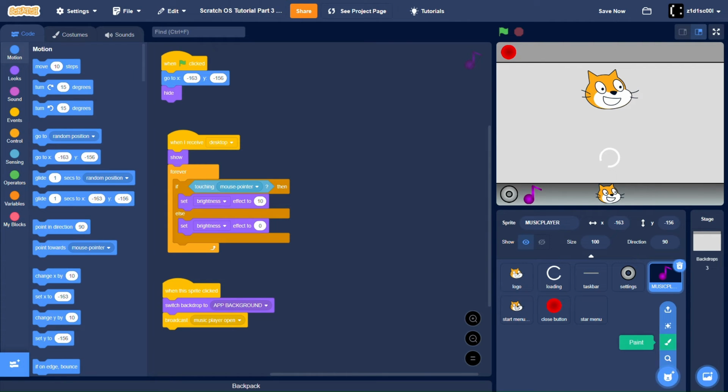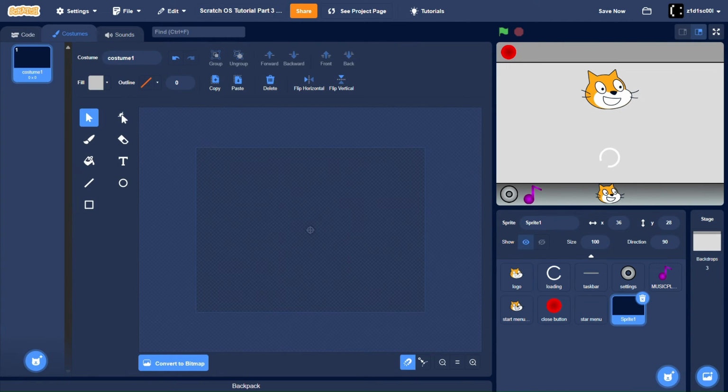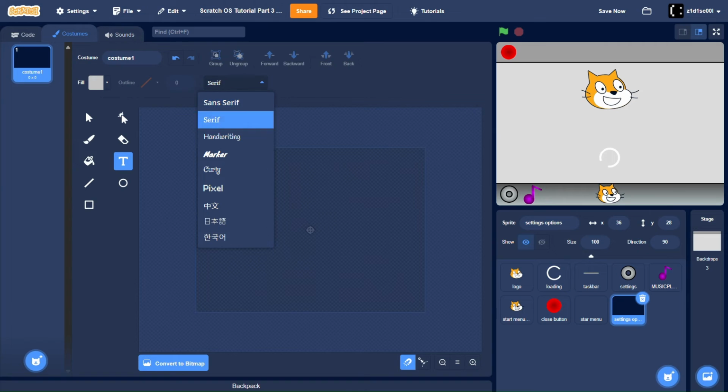Now we make a new sprite, setting options. So we take the text tool, switch it to, you can actually use any font if you want, but I will be using pixel because it gives a 90s look. Anyway, I'm gonna be typing here